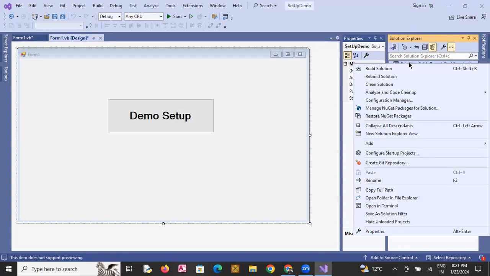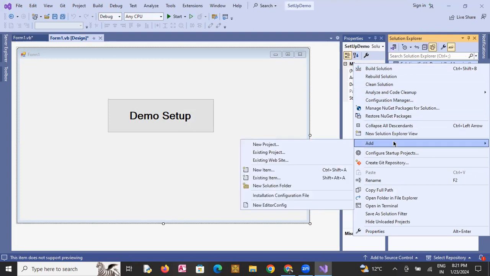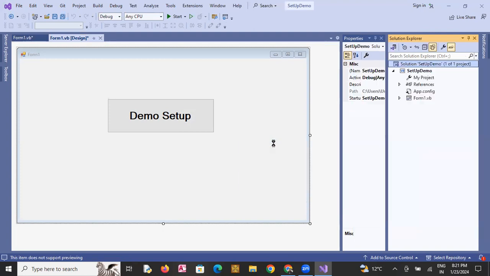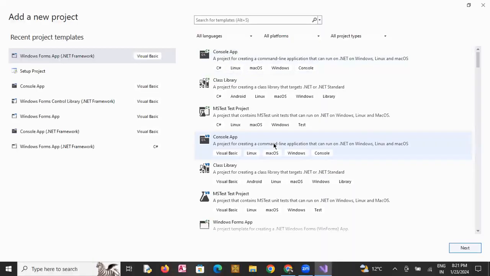Right click and click on Add New Project. So once you install the extension, thereafter you just need to close the application and then